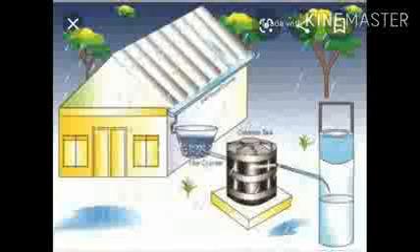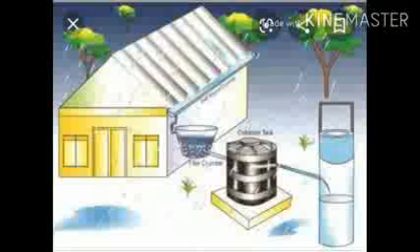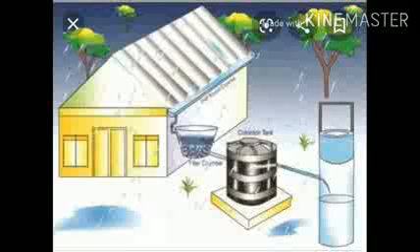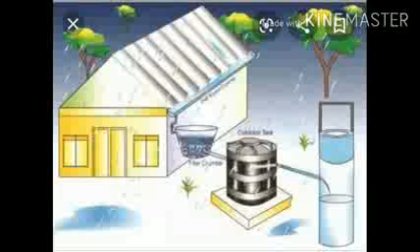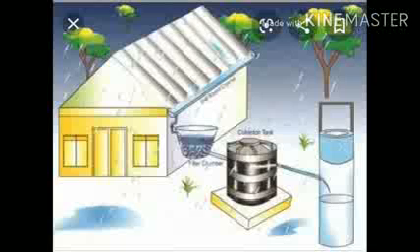So here I will show you different pictures of rainwater harvesting. In this picture you can easily see that the rainwater which has been collected on the roofs of the houses is coming into the beakers having filter chambers, and then after filtration that water will collect into the collection tanks, and then it will be used for the future by the people. Okay, so what happens in this method?